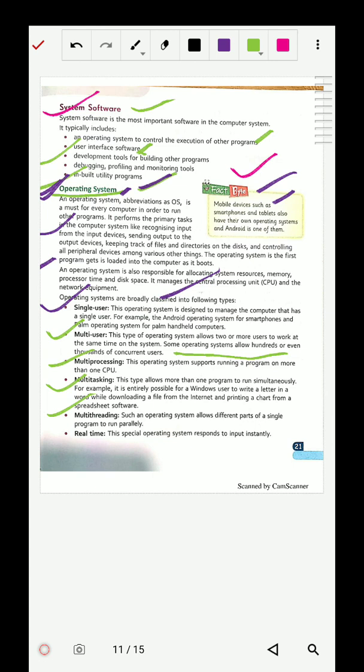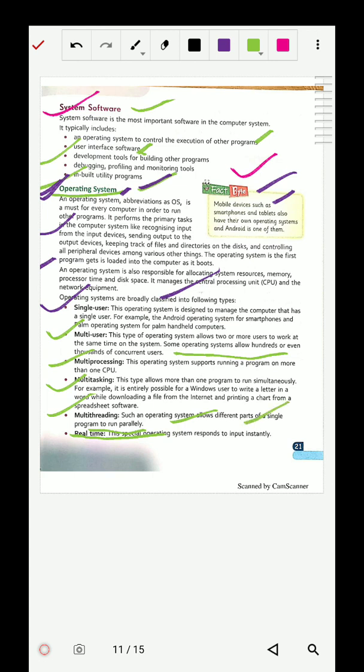Suppose I give multiple requests: I want to play music, I want to see a picture, I want to see something else. The same user, without having multiple copies of the program running in the computer. So this is all about multi-threading. The programs run parallelly, which means in multi-threading we request different tasks, and those requests run parallelly, and they do not mess up with each other. So this is multi-threading.